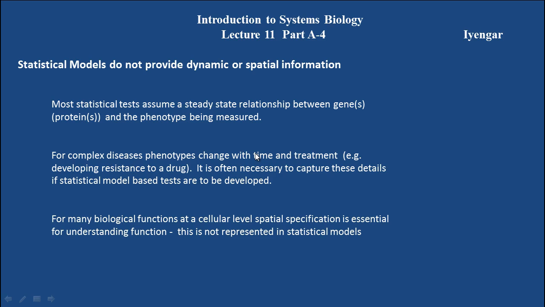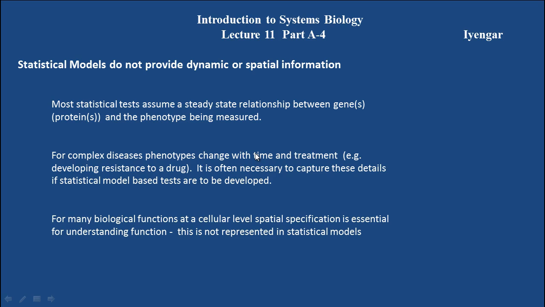Statistical models mostly assume a steady state relationship between two entities, say for instance the gene or the protein and the phenotype being produced. But in real life things are changing all the time. So for complex diseases, phenotypes change with respect to time and treatment, such as if you treat a cancer patient with a drug, they eventually develop resistance to the drug. So it is often necessary to capture the dynamic details of the phenomenon in the model, and statistical models cannot